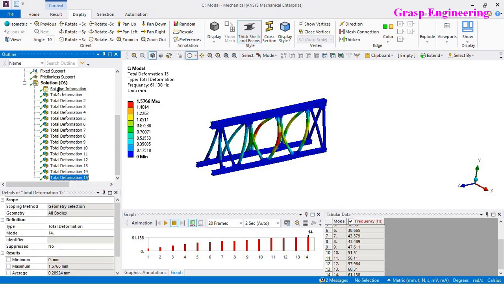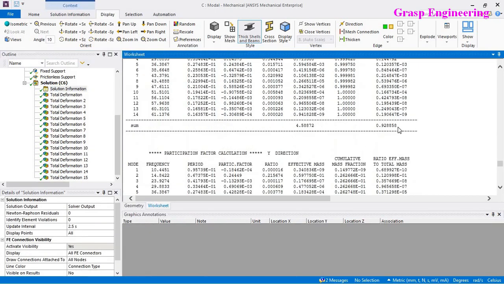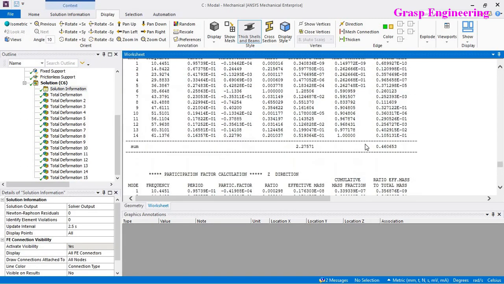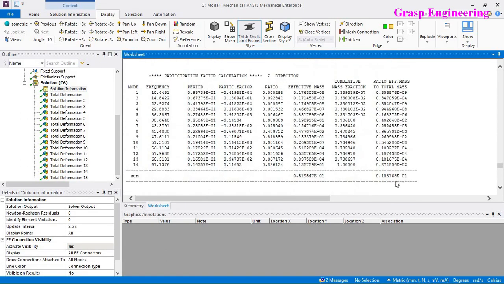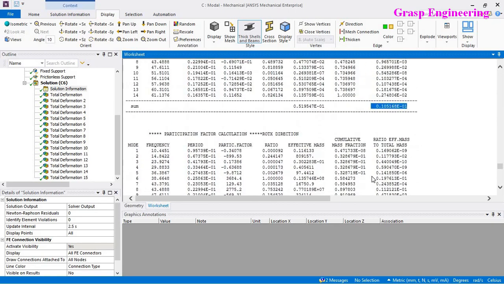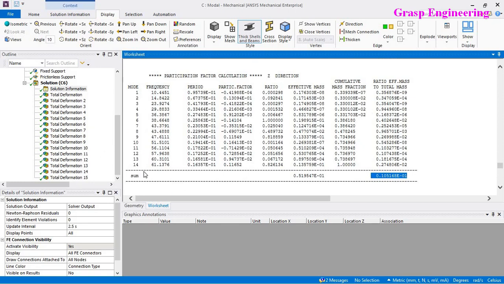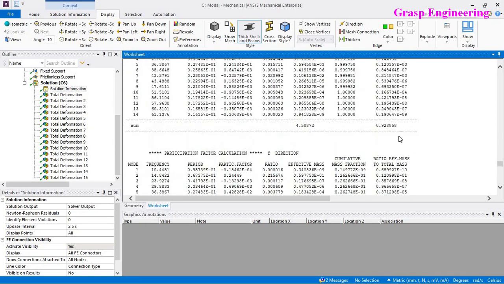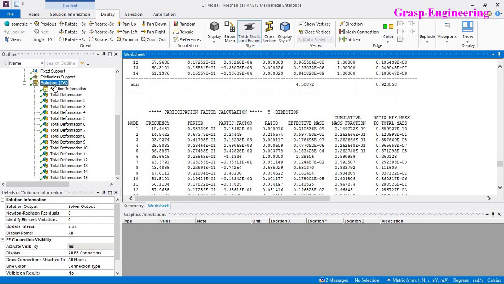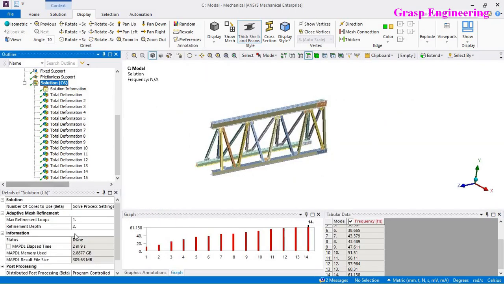Let's go further on the table. For the x-axis we have extracted up to 92% mass, for the y-axis 46%, and for the z-axis there is no mass because it is the vertical direction. If you extract more frequencies, you will be able to extract more mass. But at present, as we know our spectrum will act up to 60 Hz, we just went with 60 Hz. In random vibration you can even define the residual response to capture the remaining masses. So that's it for the first part.